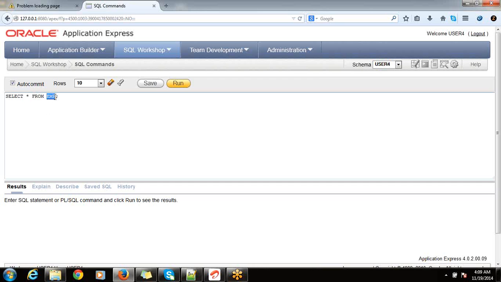EMP is the table name, that is the employee table. Select star from means select all the data present in the employee table and display it here. To execute this query, select the entire query, then click on the run button. Yes, there is a run button available. I am clicking on it.